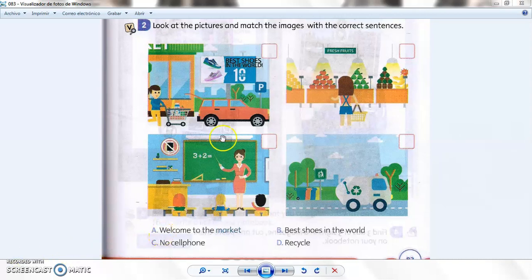You're going to write the letters A, B, C, D,